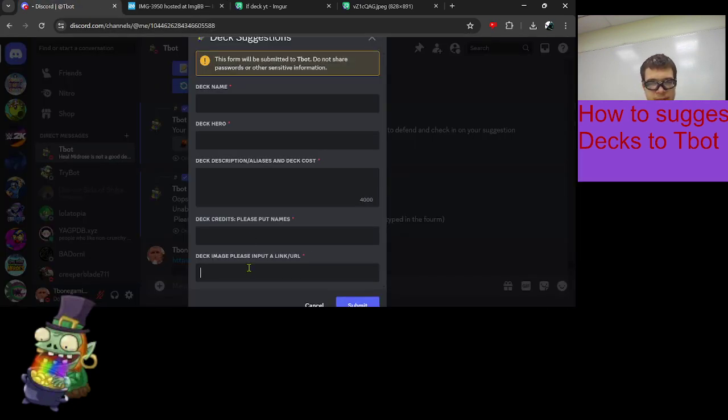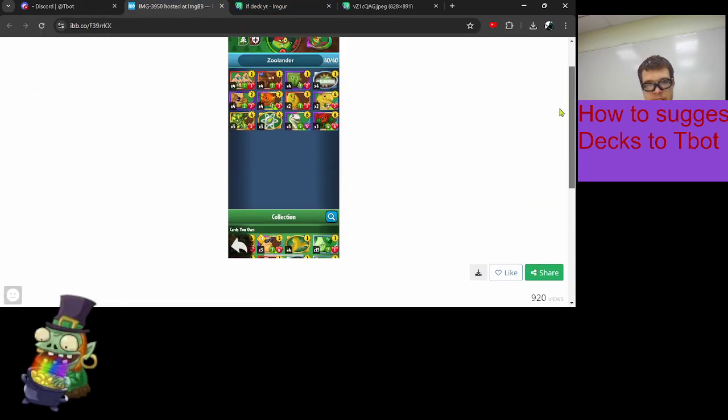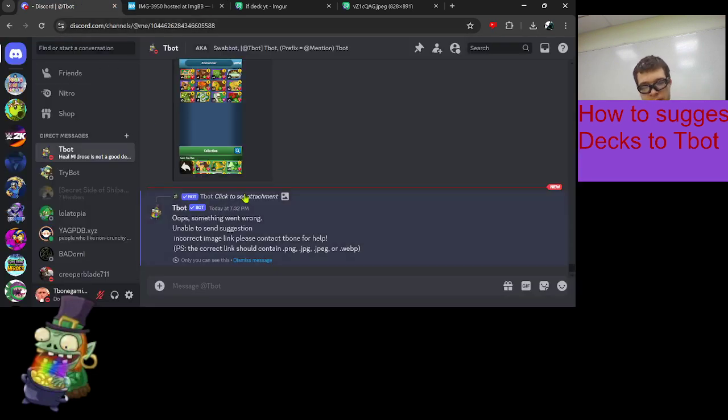Okay, so if we copy that link, which is weird why they call it an image link, but I'm not the one who developed IBB. It doesn't matter if we get the view anymore, because it's going to force detect the link. So, test. We see here that the incorrect image link is provided, and that the correct link should contain a .png, .jpg, .jpeg, or .webp, which is what this would give you. This would give you a .png, which suffices to send into Tbot sources. But yeah,